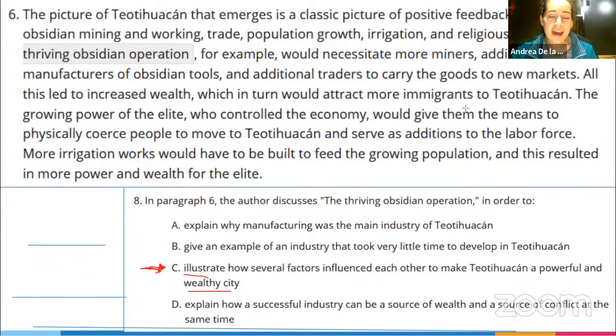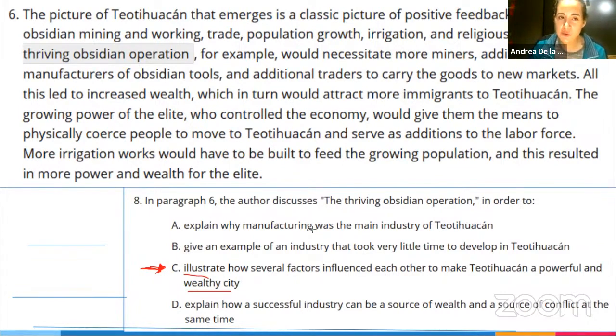I don't think so. The thriving obsidian operation is not even part of the idea. It's something that is used to support the main idea. But what is the main idea here? Maybe the relationship of all those factors to make Teotihuacan a wealthy city or a powerful city. Exactly, that's it. So the main idea here, and I think we said it yesterday, remember this was the way,